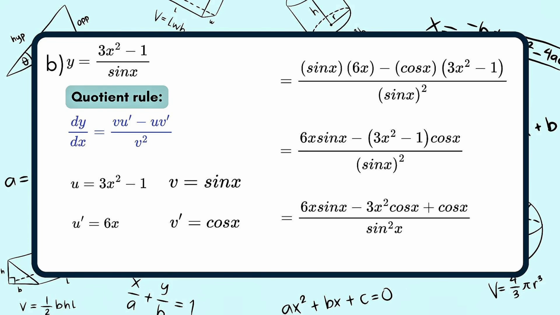Next, we will substitute into the formula, and then it will become sin x multiplied by 6x minus cos x multiplied by 3x squared minus 1, over sin squared x. And then, it will be 6x sin x minus 3x squared minus 1 times cos x over sin squared x. Then we expand the equation, it will become 6x sin x minus 3x squared cos x plus cos x